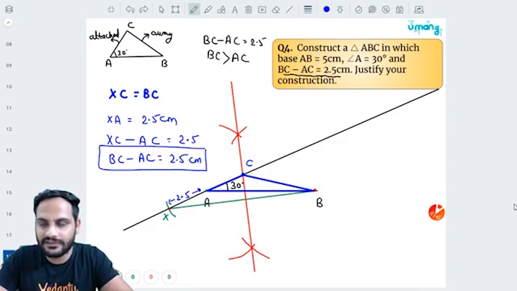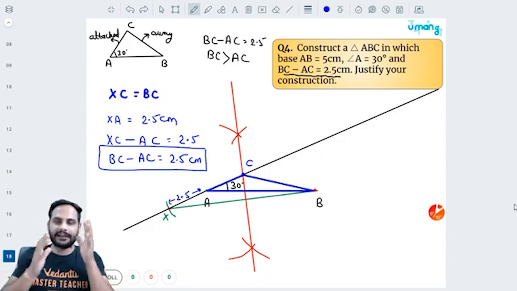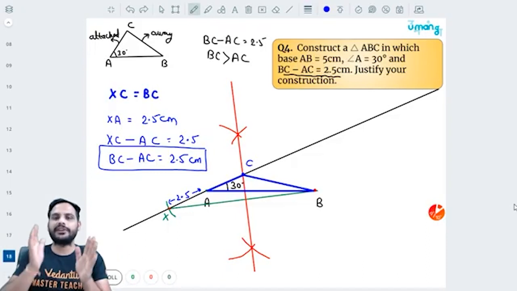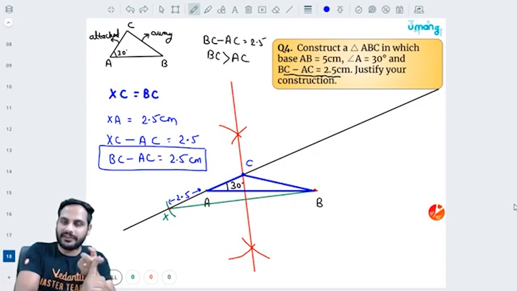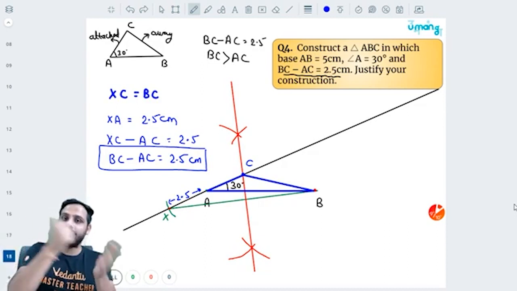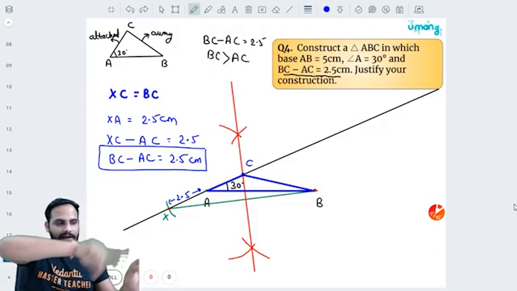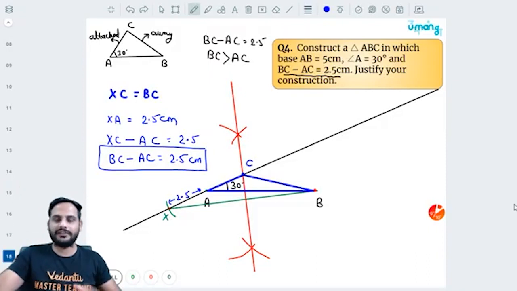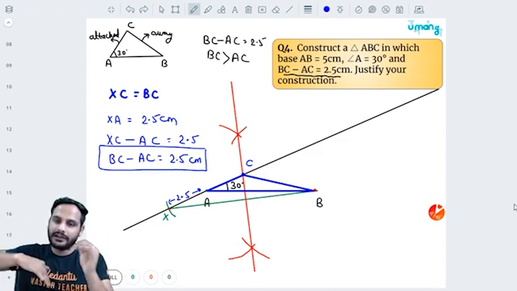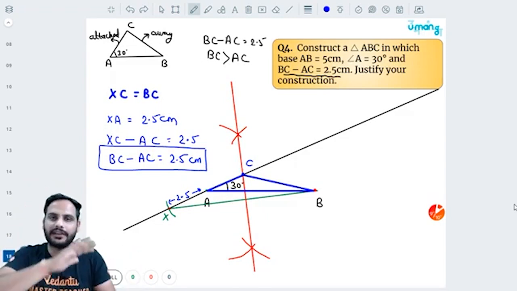So this is the small step. Remember, when the difference of the sides is given, first draw the rough diagram and see the side which is attached to the given base angle and the side which is away from the base angle. Out of these two, which one is greater? If the side attached to the given base angle is greater, same as the sum of the sides, the side which is away from the base angle, if that is greater, only extend this angle in the backward direction and make the cut on the back side. As simple as that. Rest everything is exactly equal. Join that with the other point, perpendicular bisector. Wherever the perpendicular bisector intersects the original line, that will be your third vertex. Rest everything is exactly the same.